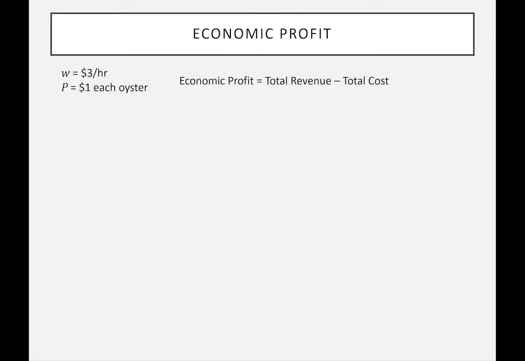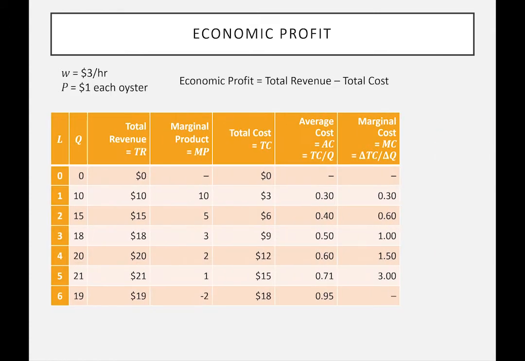Okay, previously we had the situation with the guy on the island, and now we're going to introduce the concept of fixed costs. But let's take a look at the table we had previously. We had the total revenue, marginal product, and we defined economic profit as being the total revenue less the total cost. The guy could work for $3 an hour at the food court, and he could sell the oysters for $1 each. And then we said, well, you're going to maximize the economic profit when the price is equal to marginal cost, and that occurs when the guy produces 18